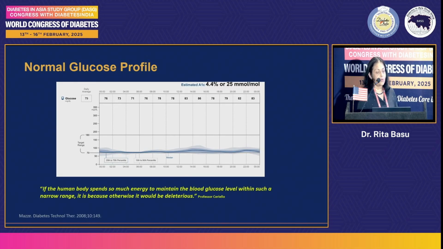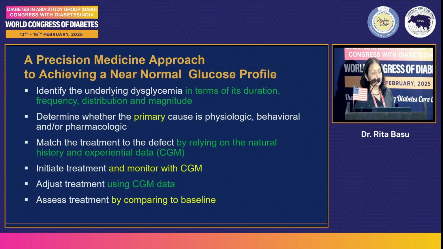So if you come back to what is a normal glucose profile, a very famous professor once said, if the human body is spending so much energy to maintain the blood glucose level within such a narrow range, look at this in healthy people, how narrow the range is, it is because otherwise it would be deleterious to health. So our goal is to get blood sugars down to as near normal as is possible. And so